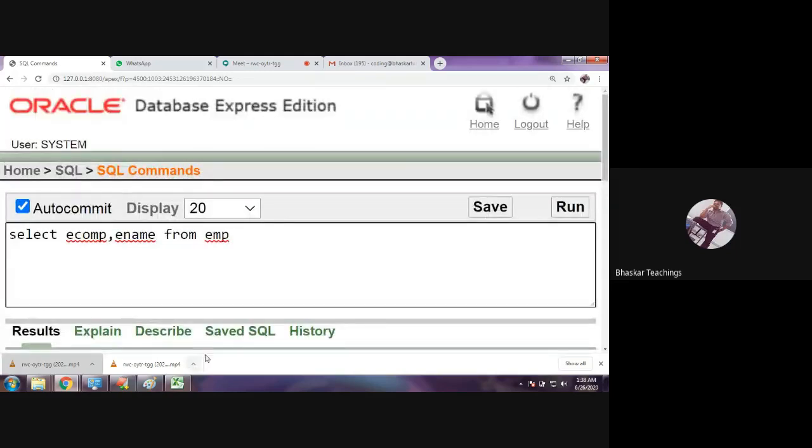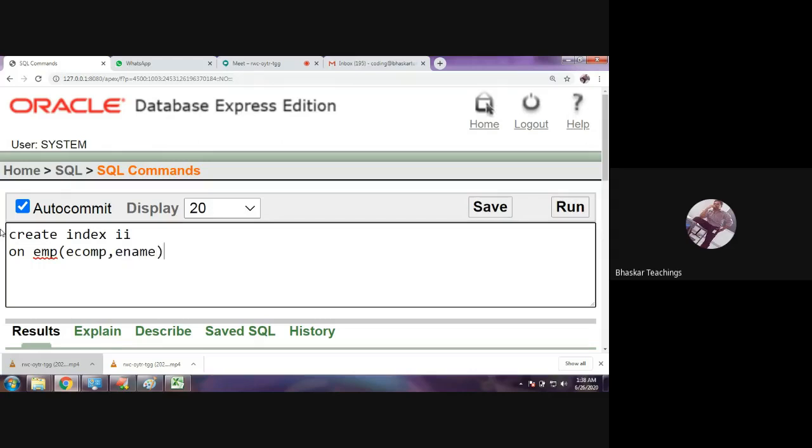So, okay, let's go with the syntax. Create index, some index name, on EMP, and which column, e company comma e name.